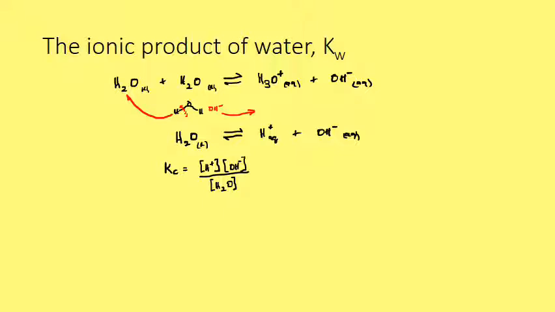Now, as we've said, the equilibrium exists way over to the left-hand side. So what we can say is that this concentration of water is pretty constant, right? To all intents and purposes, it is constant. And if it is constant, and also by definition, the equilibrium constant is constant at a given temperature, we can multiply a constant by a constant and get a constant. Okay, so let's just do that in black. Alright, so if we start off with our equilibrium constant